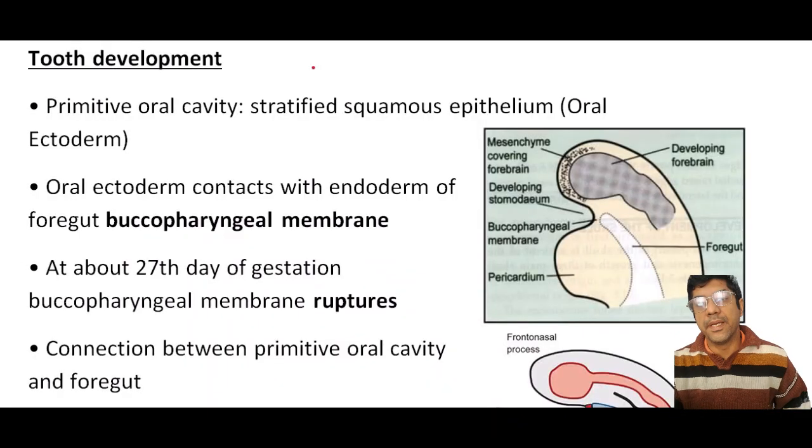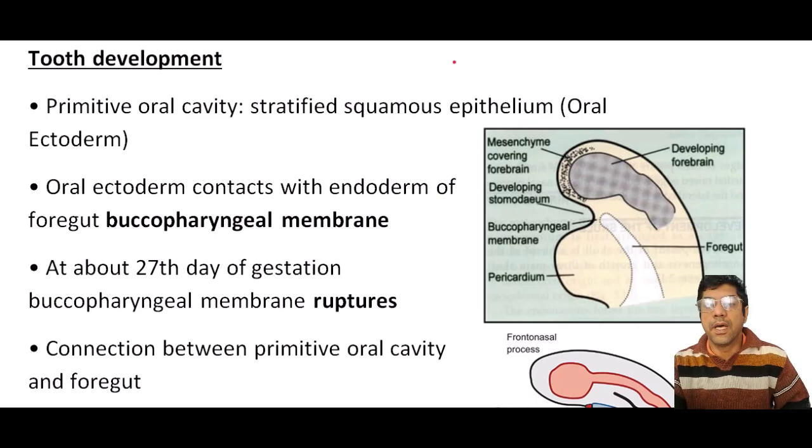So our today's topic is the process of tooth development. The process of tooth development begins during the embryonic life, and it involves a series of interactions between different cell layers and tissues. So to start our discussion on this subject, first of all we shall discuss the initial stages of the tooth